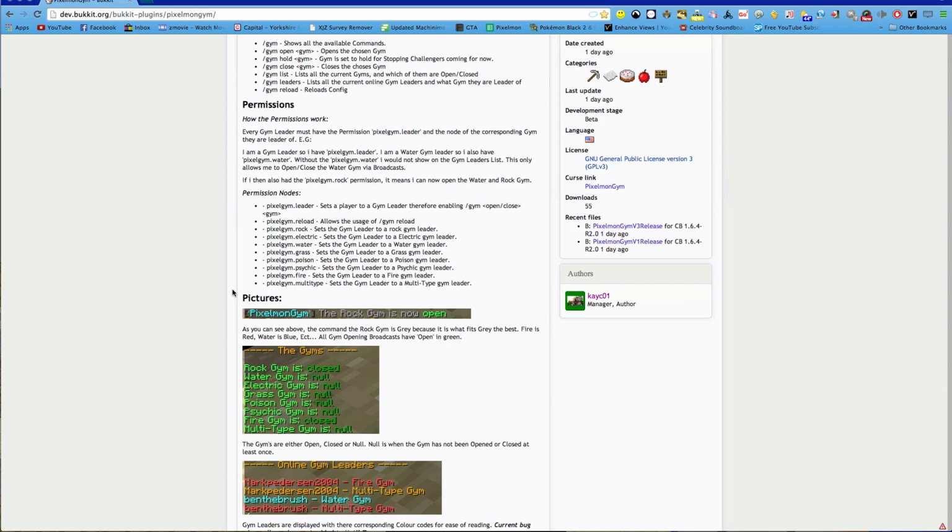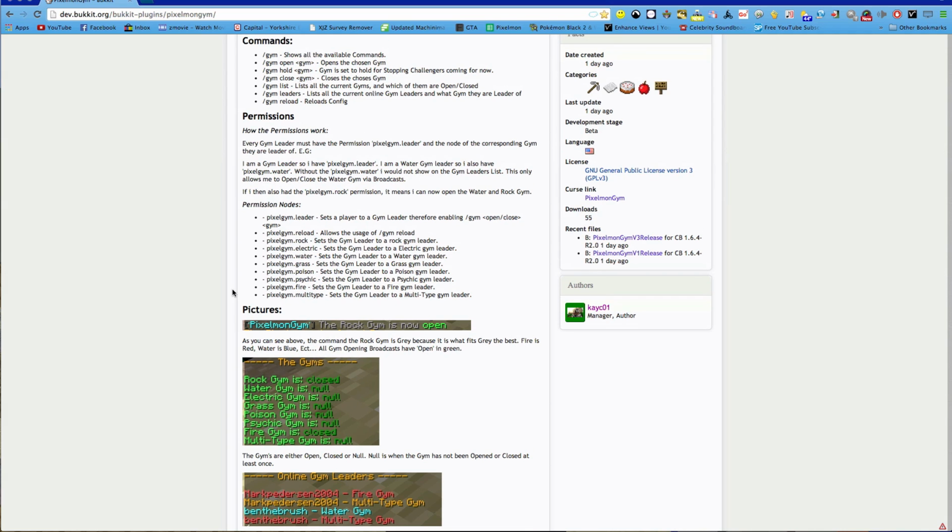So how the permissions work: if a player, a gym leader, has a permission gym leader.leader, that's what enables them to do /gym open. And then if you give them also pixelgym.water, that means they can do /gym open water. So they must have the water permission node. That's pretty straightforward. And then if I give the gym leader rock as well, that means you can open